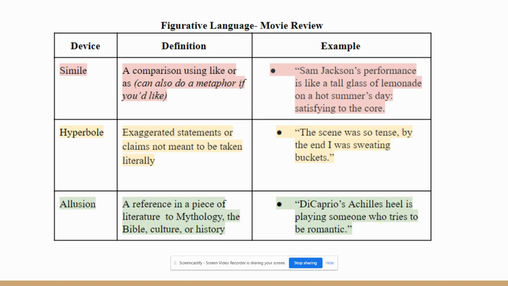You can also use a metaphor as well. So a metaphor is just a straight up comparison, not using the words like or as. You can use hyperbole, that's an exaggeration. This is a really good one to use if you are aiming for a type of poem that's humorous or sarcastic. Also, figurative language could really help you with your pathos, with your appeal to the emotions, especially if you're